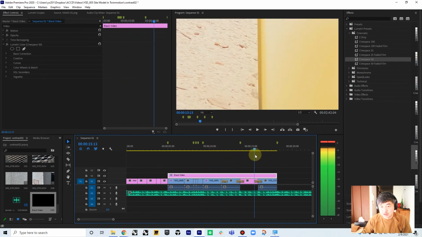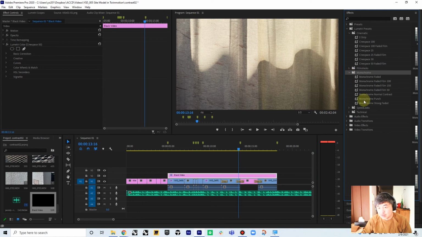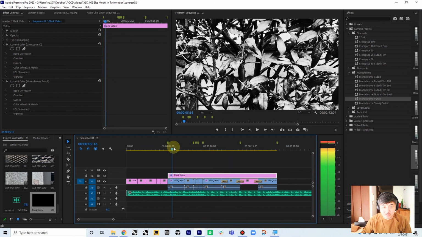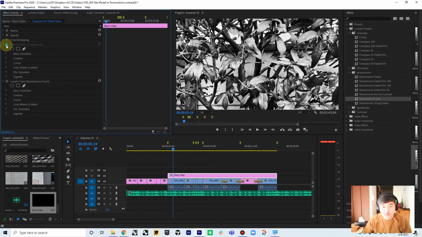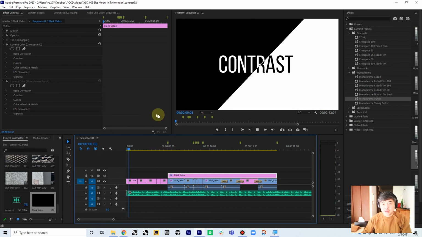So this one's really nice. You can try maybe monochrome. Monochrome punch is actually really nice. What it does is it's going to add on top of it. So you can either turn off Cinescape and just do monochrome, or just only one. So that is going to give you